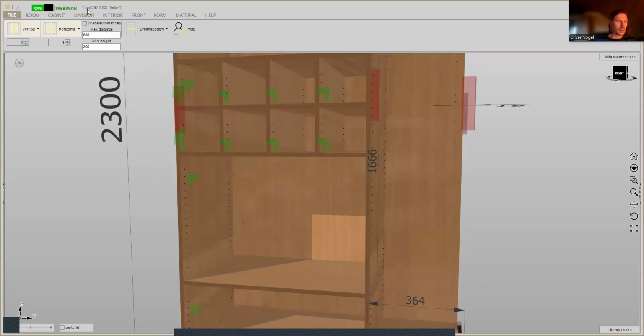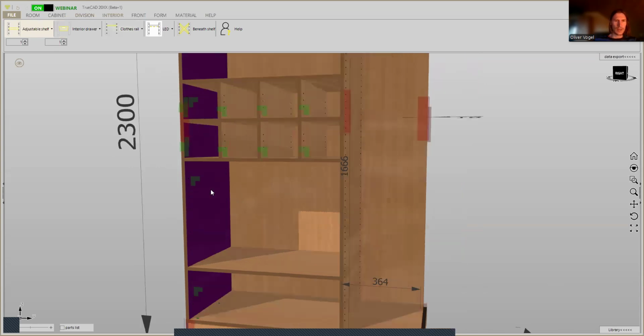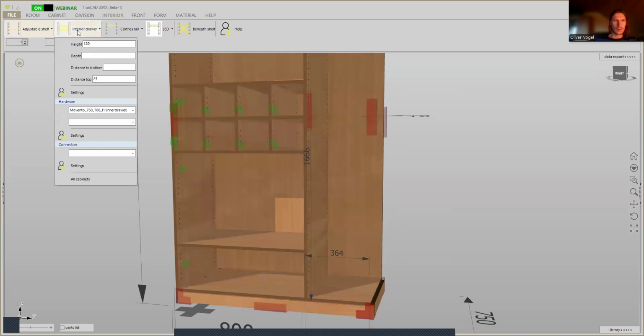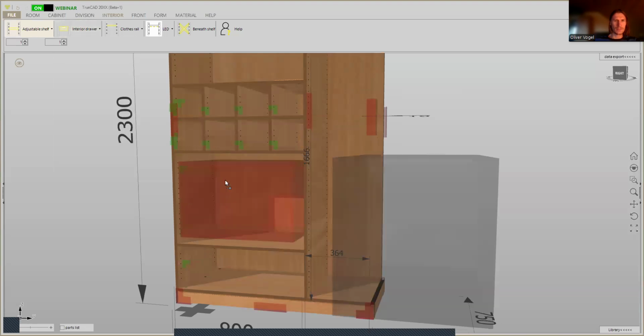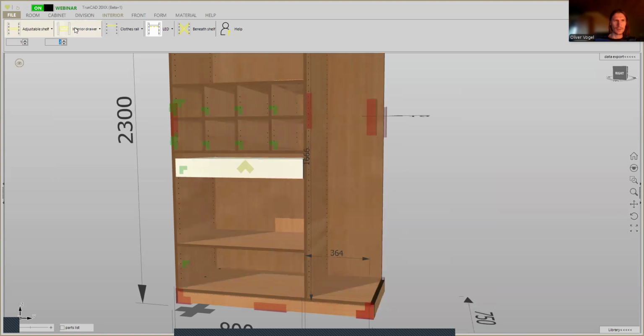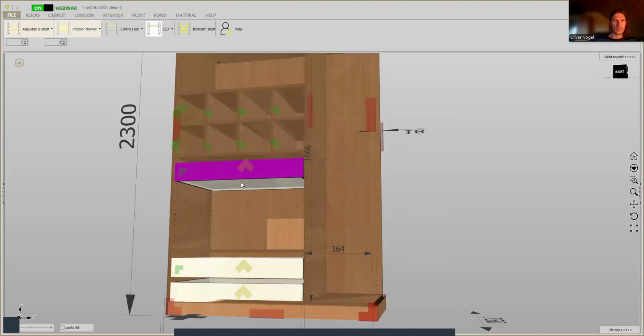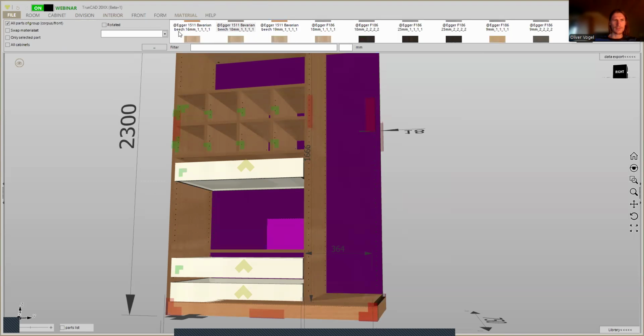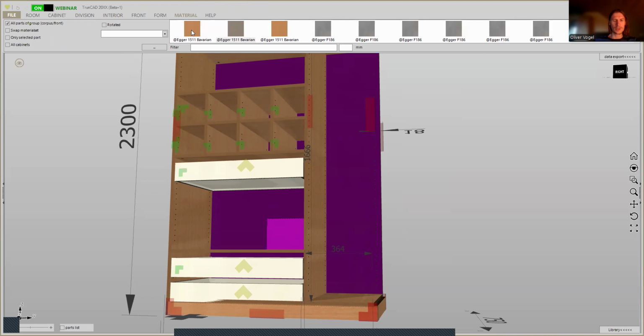And now we go here into the interior tab, and here we do have one interior drawer in here, and we have two interior drawers here on the bottom. So now we go back to the material tab, choose here the 60mm Bavarian beech texture